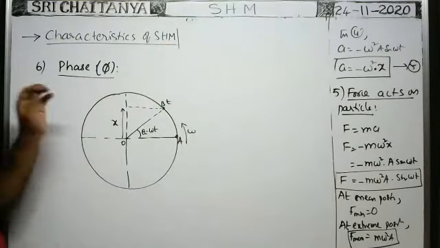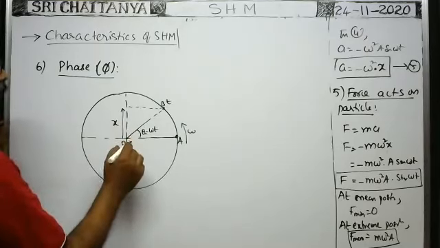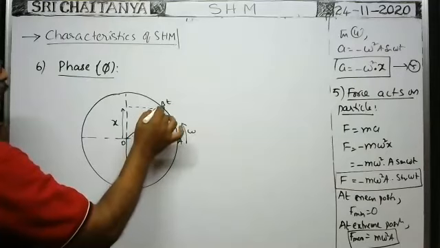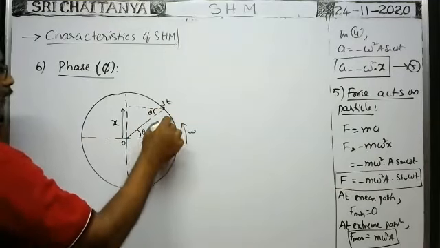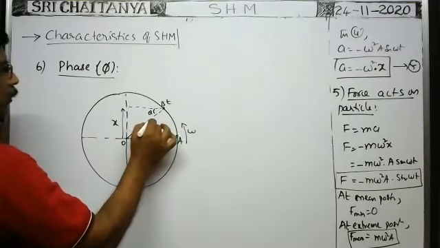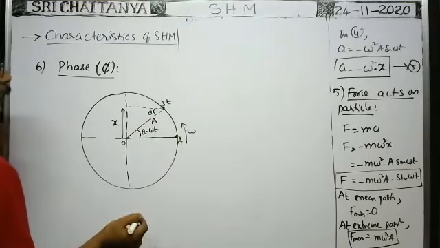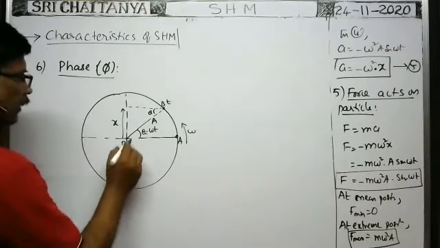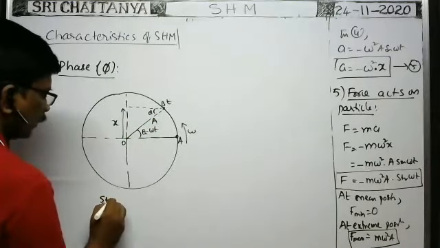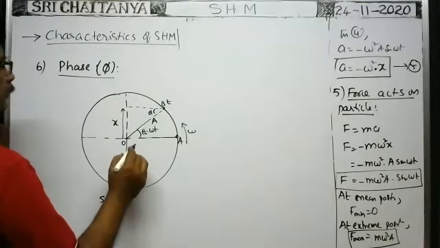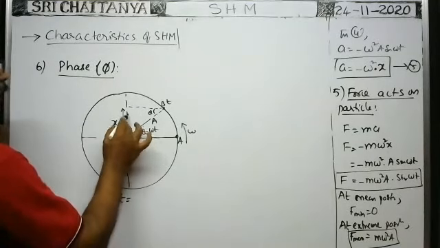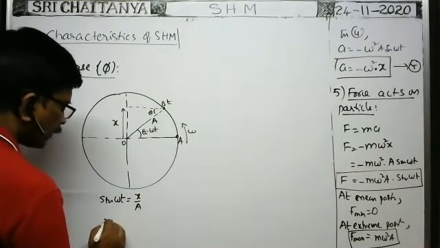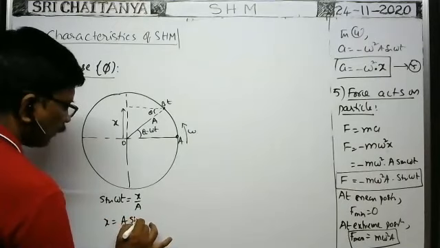So what is the displacement of the particle from this diagram? If the angle is theta, then in this right angle triangle, the radius of the circular path is equal to the amplitude of the particle, that is capital A. Therefore, from this right angle triangle, take sine theta. Sine theta means sine omega t, which is opposite by hypotenuse, that means x by A. Already we got x is equal to A sine omega t.